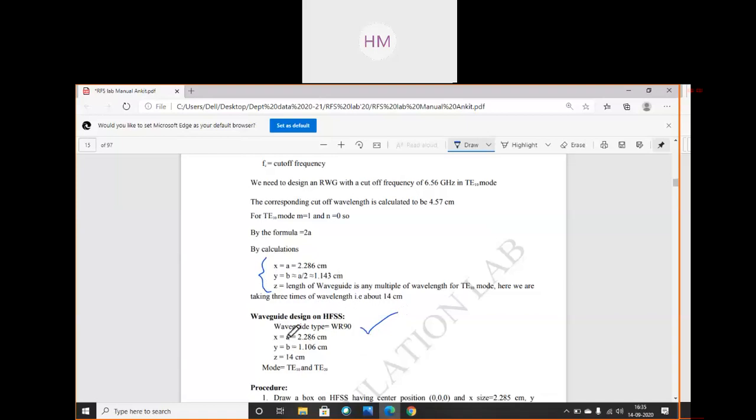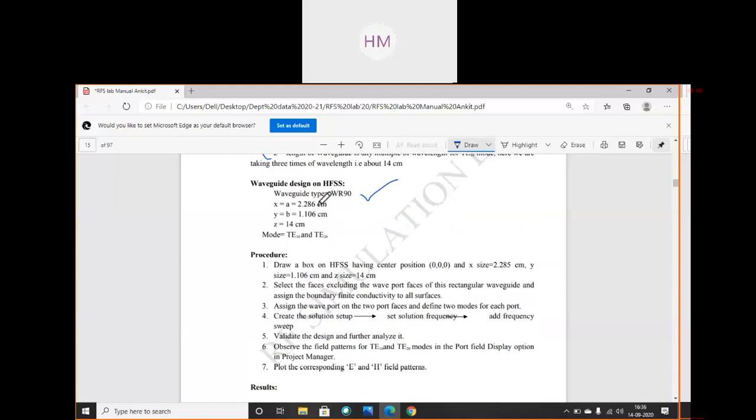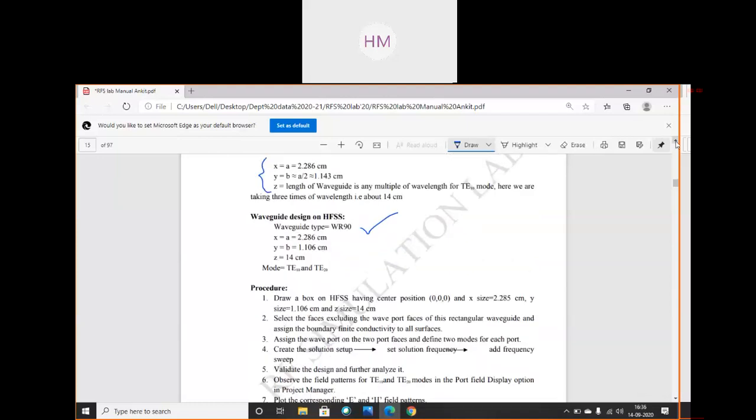You can directly write this thing. A is equal to 2.286 centimeter, B 1.106 centimeter, and Z you can take any length, 3 times, 4 times of wavelength. So you took it as 14 centimeter. Okay. Mode is TE10 and TE20. TE20 you have to